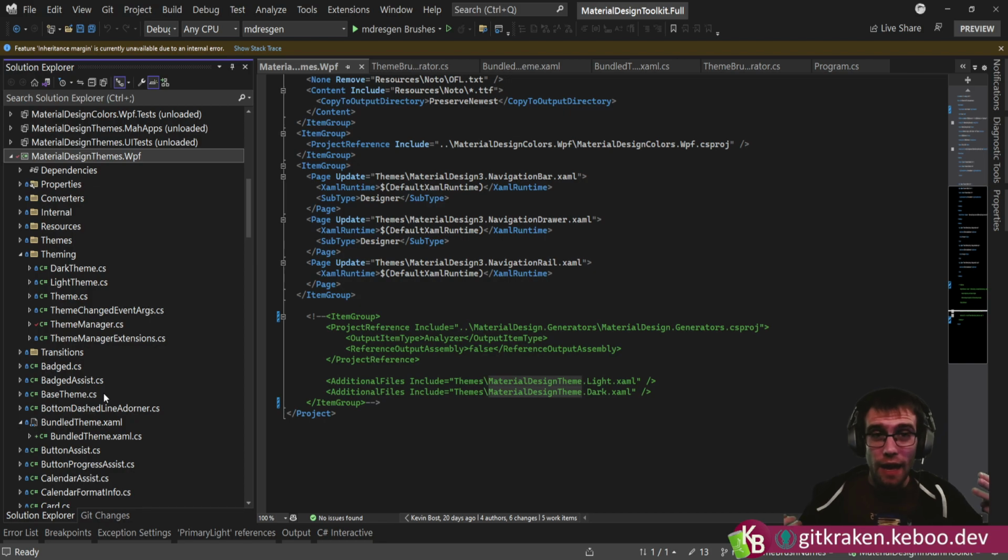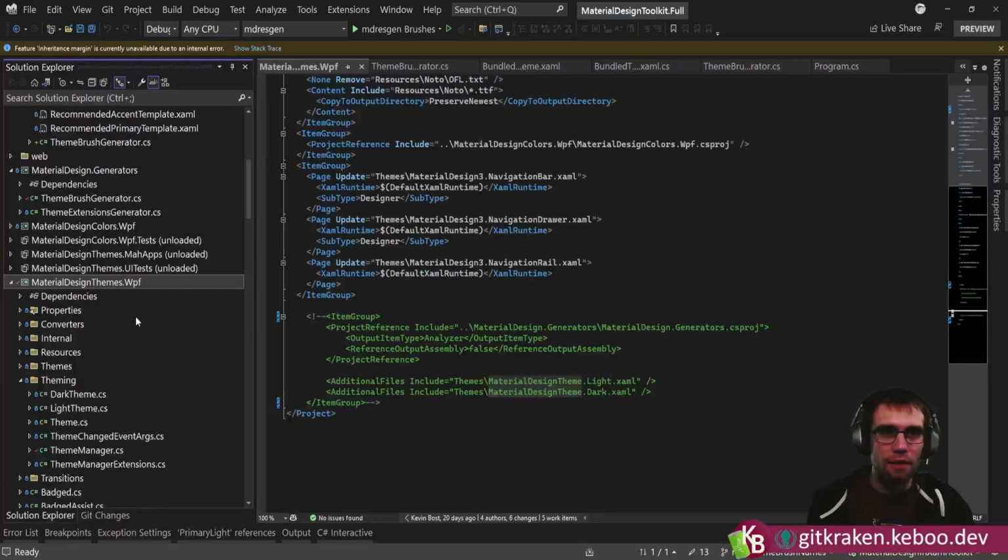And heaven forbid we add any more themes. That sounds miserable. And frankly, error prone. And I can write unit tests to try to make sure I've covered that, like to make sure that those things have the same brush keys and all of that jazz. And yeah, what I think is going to be better and save us a lot of confusion,